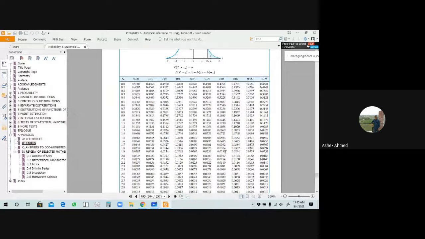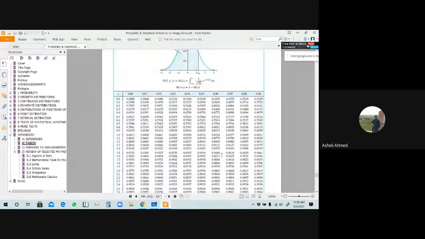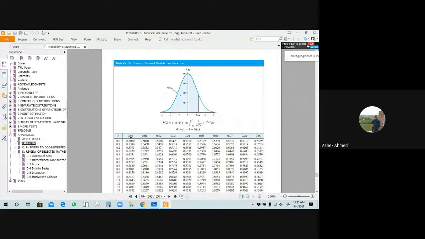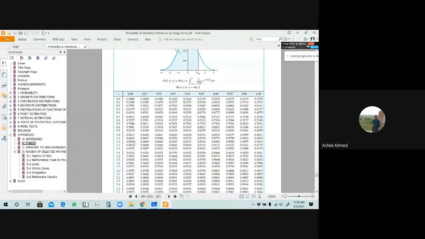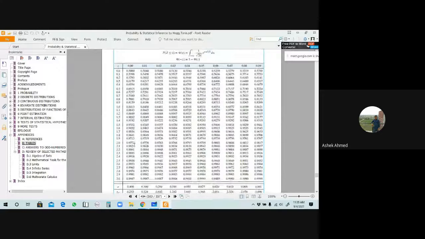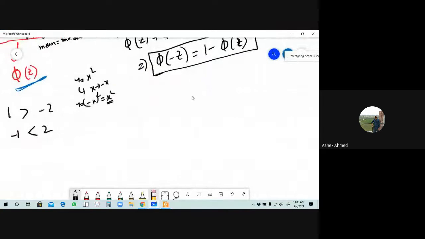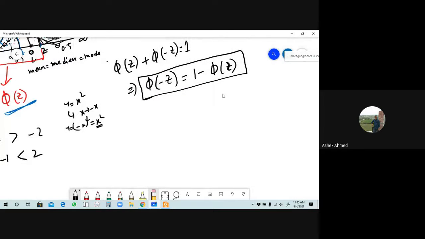So in that case, for that case we will provide only the first table, okay. So if you want the values of the second table, in that case you have to apply this formula here, phi of minus z equals to 1 minus phi of z, understand? Response me, okay. তাহলে যখন আমাদের সেকেন্ড টেবিল থেকে ভ্যালু বের করতে যাবে, তখন তোমাকে এই ফর্মুলাটা অ্যাপ্লাই করতে হবে, ওকে।